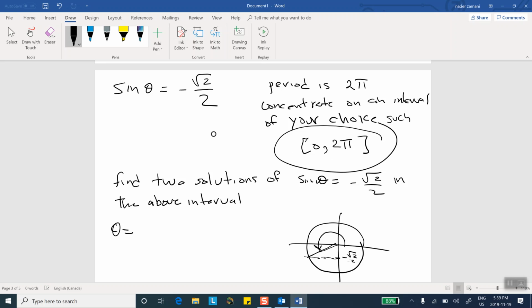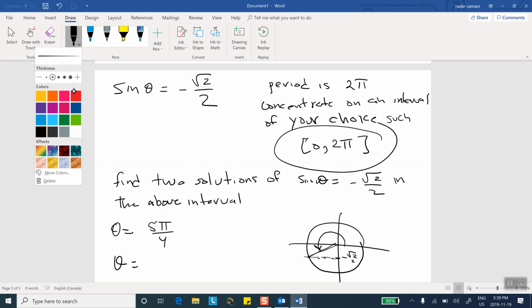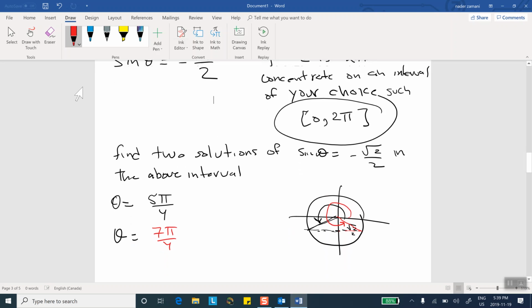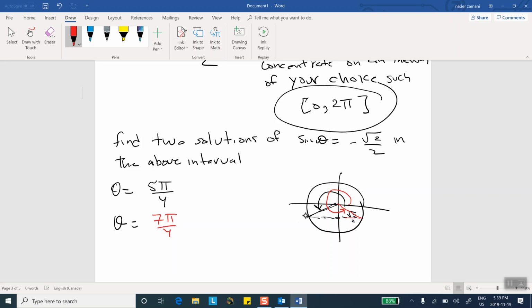So one angle is in quadrant 3, which is pi plus pi over 4, which is 5 pi over 4. The other one is right on the other side, in quadrant 4. The other one is this angle, 2 pi minus pi over 4, so that's 7 pi over 4. And you did it. In other words, one of these two angles happens to be in quadrant 3, the other one in quadrant 4, and all solutions